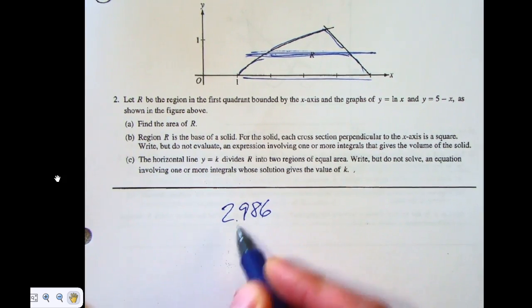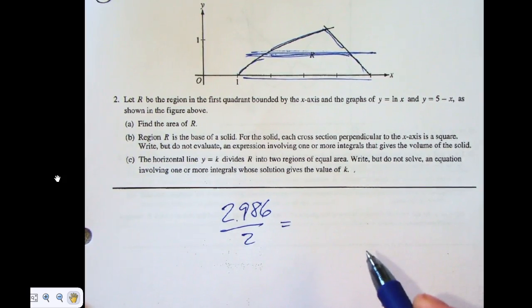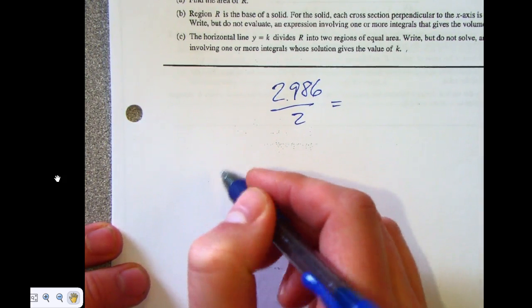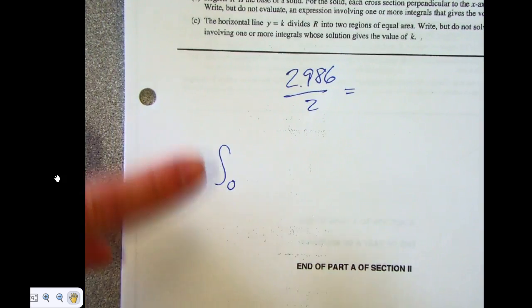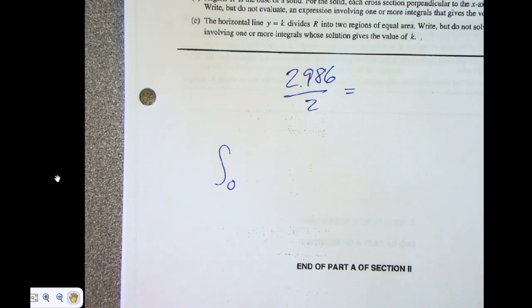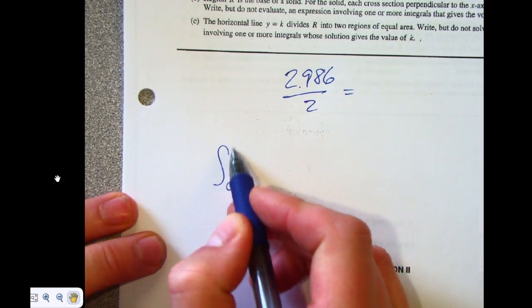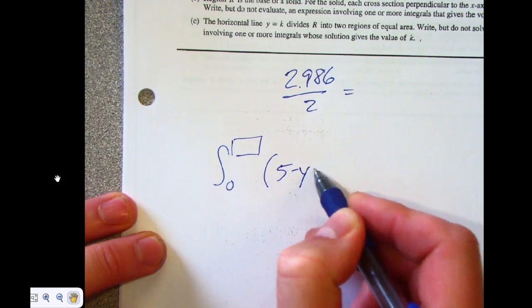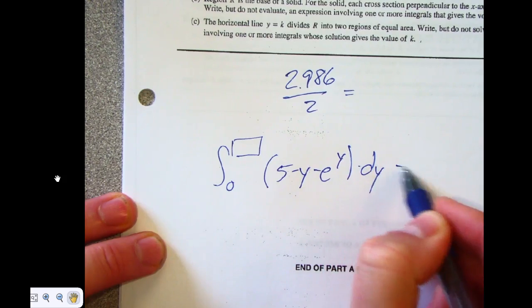I want to cut it in half. So I want each part to be 2.986 over 2. I'm just going to leave it like that; I don't need to divide it again. So, how did I find that area? I went from 0, this is in terms of y, so we're going right minus left, right? I went from 0 to, I think it was 1.307. And when I went from 0 to 1.307 and did 5 minus y minus e to the y times dy, I got